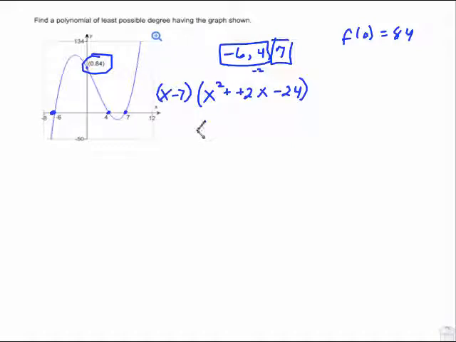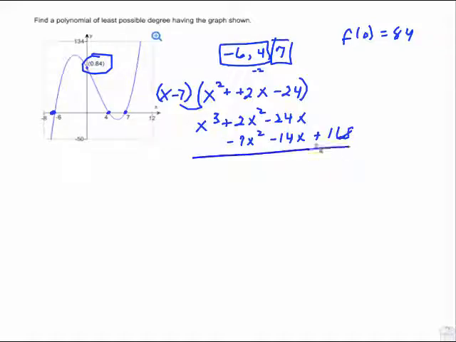So multiply this up, x cubed plus 2x squared minus 24x. Come back and multiply everything by negative 7 and line it up. Negative 7x squared minus 14x plus 168 gives me x cubed minus 5x squared minus 38x plus 168. Let's do f of 0 for this. F of 0 for this, if you put 0 in for all of those x's, they all go away and